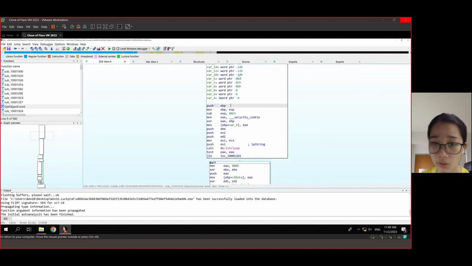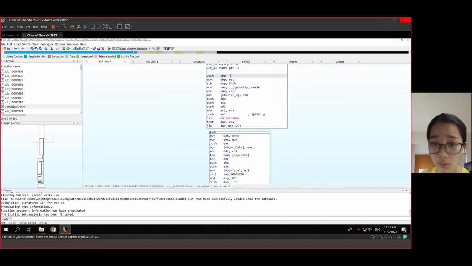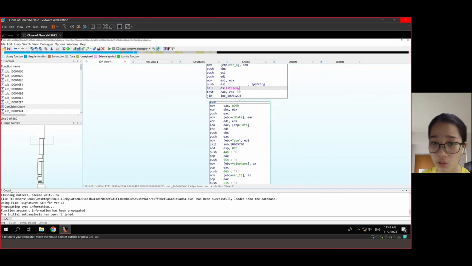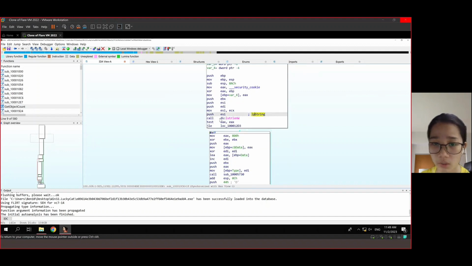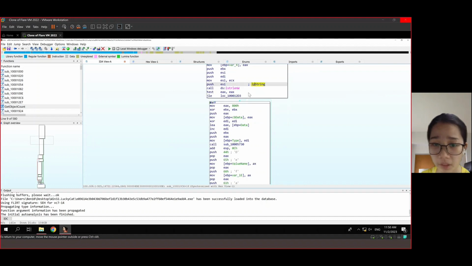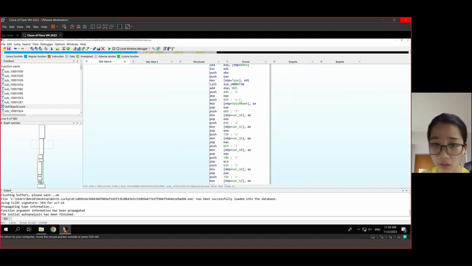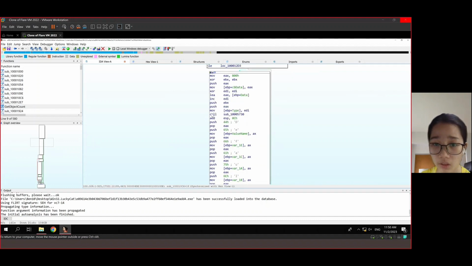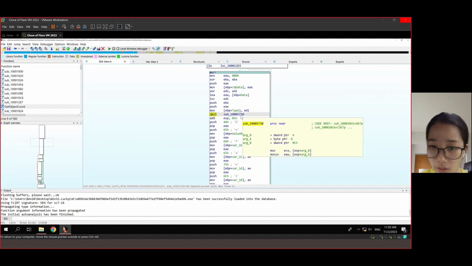So ignoring the usual attributes at the top, we scroll down and we see there is a string length w. So it seems that it's checking for the length of the string, perhaps the LP string. And if we scroll down, we see another subroutine, 5730. So 5730 is actually a very special subroutine. We'll be seeing this quite often